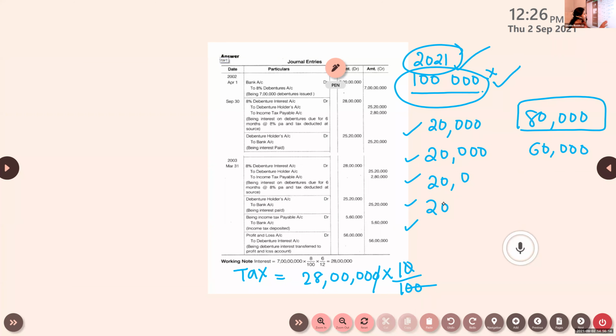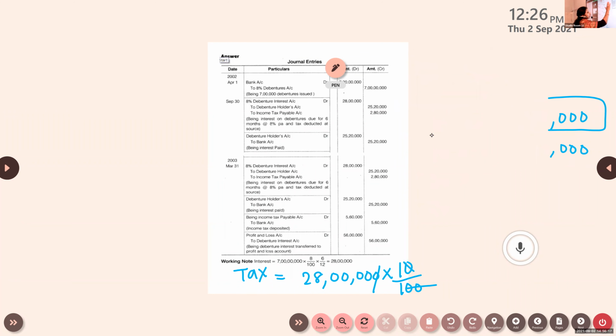So here we are talking about the loss on issue of debentures as well as discount on issue of debentures. How to deal with this now? This also is written off in the upcoming years. From the profit and loss account, we write it on the expense side. It is an indirect expense, so we mention it in the profit and loss account. Either they can write it off that way, from the profits, debiting it to the profit and loss account.